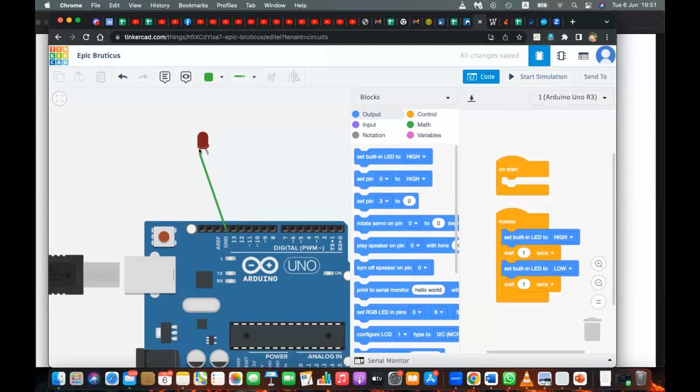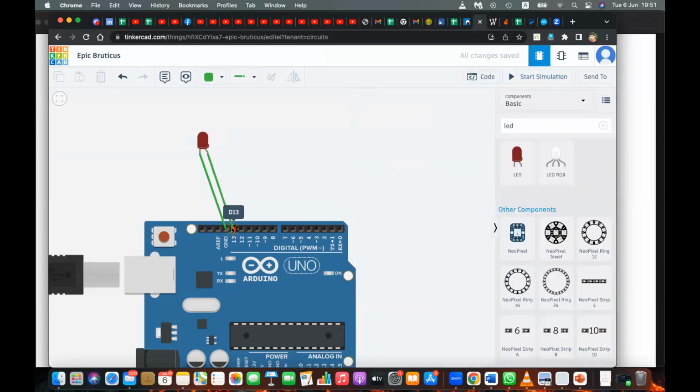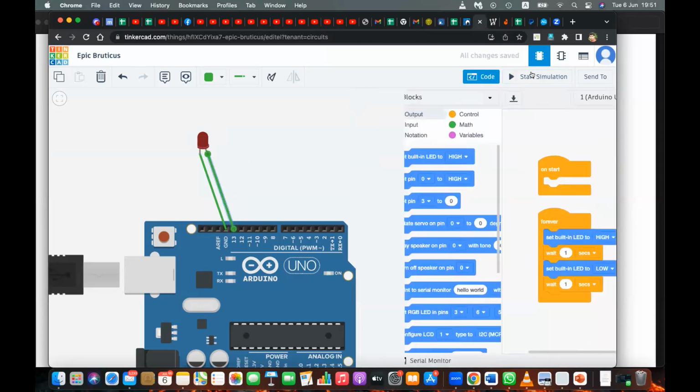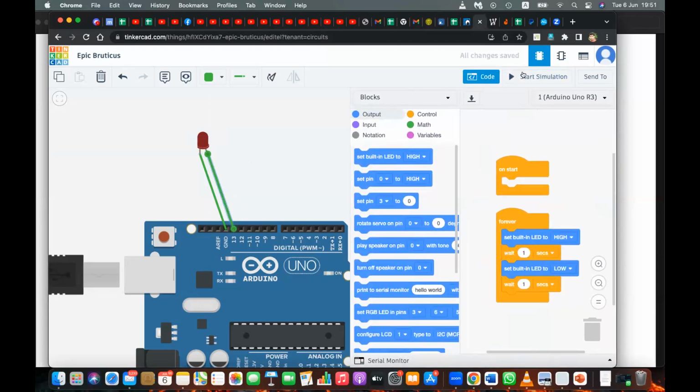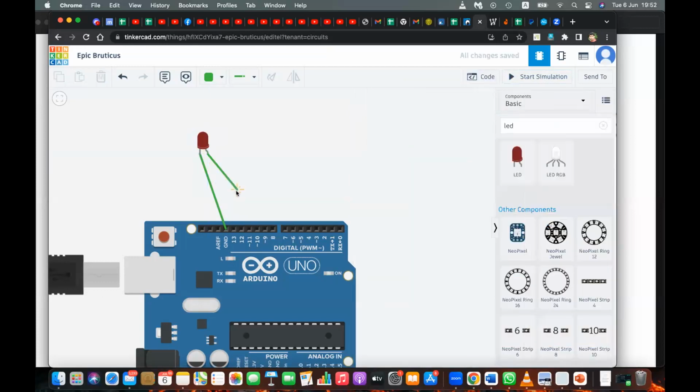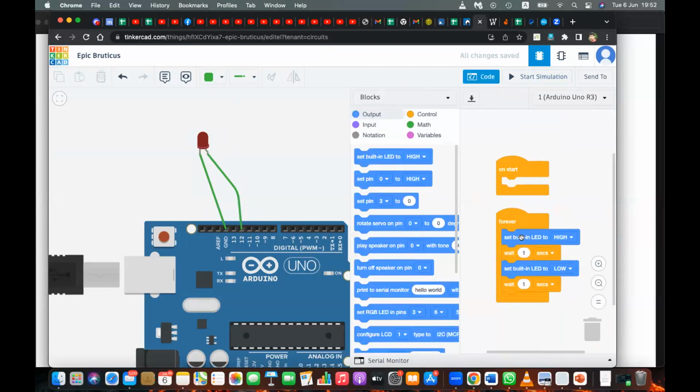If you had connected this pin to 13, when the built-in LED is on, this will also be turned on, because 13 is connected to the built-in LED. You can see that. But unfortunately or fortunately, we have connected this to number 12 now. Therefore, we have to code it, D12. Code that. Remove this.